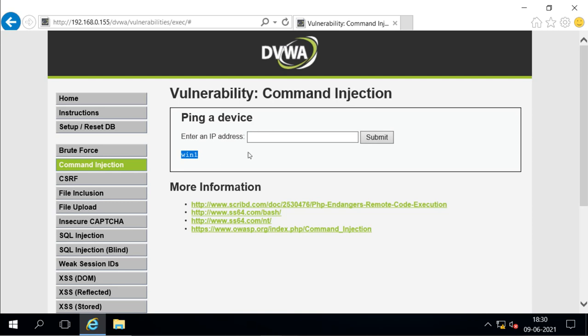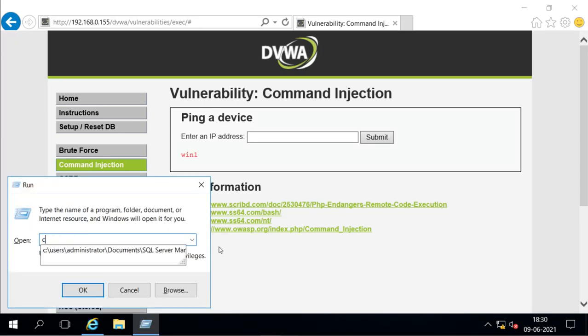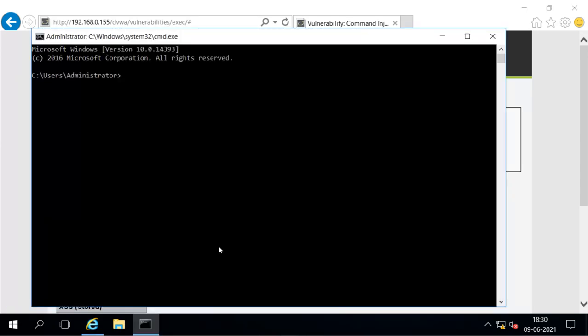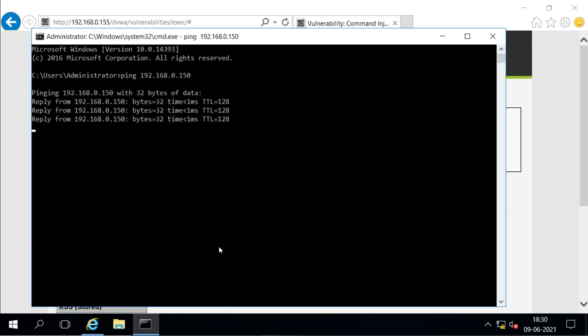Now how is it working? I will show you in the command prompt. When we do a ping, we use the ping command and then mention the IP address of the other machine, and we enter. The ping command is executing.